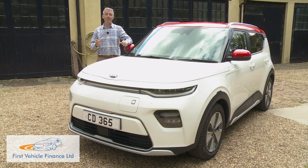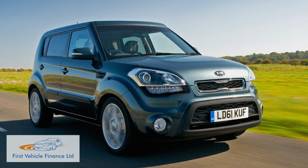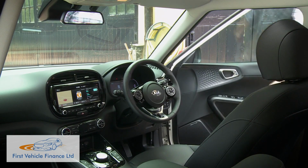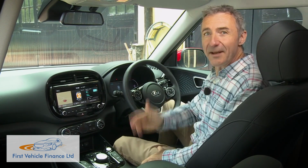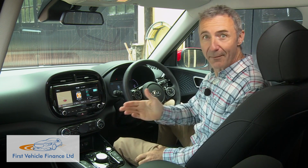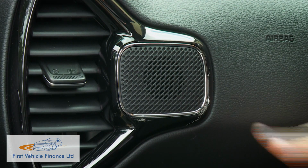If you happen to like previous versions of the Soul, you'll probably recognise this third generation model, which draws on this model line's boxy origins but adds a more modern feel. The cabin design apparently draws inspiration from the visualization of sound. Now, we're not quite sure what that means, but it probably explains the prominence of the signature tweeter speakers, which